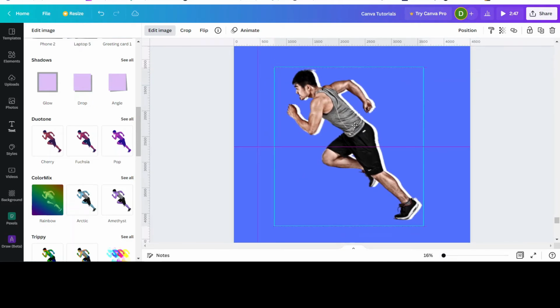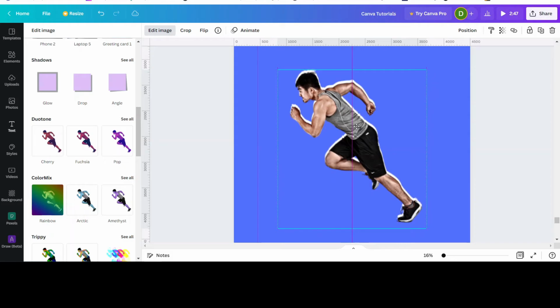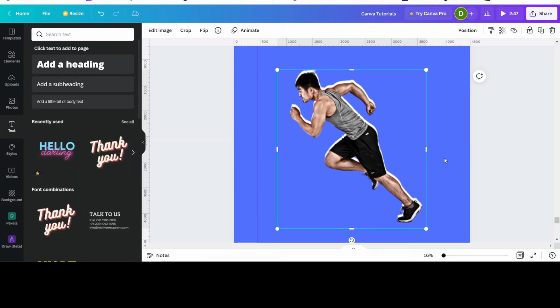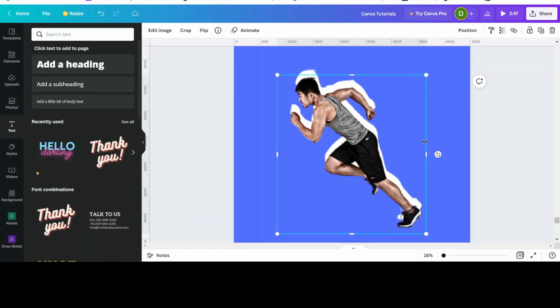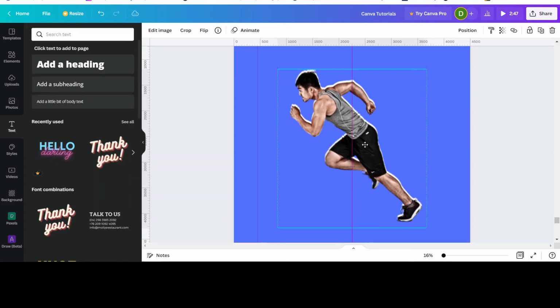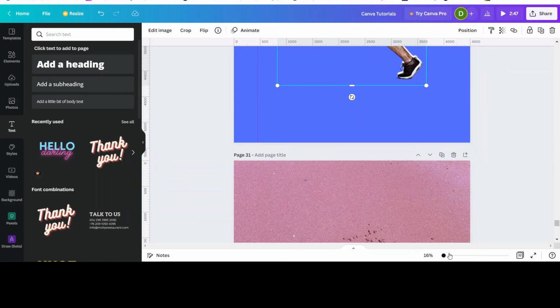You can move it a little bit down, a little bit here, wherever you want to. You can use the arrow keys on your laptop, which makes it move a bit. You see here, it moves slowly. But if you do it with your mouse, it moves more than 9 pixels at a time. Then the next one is